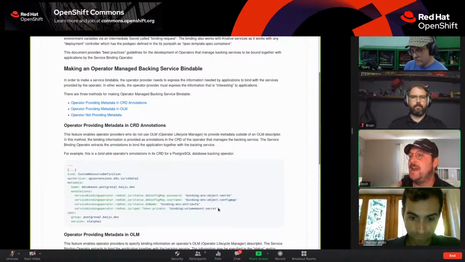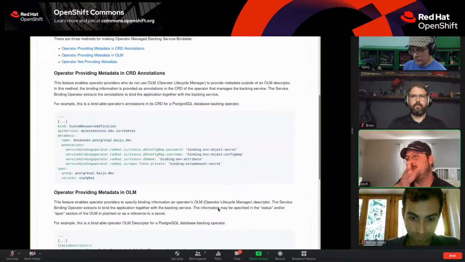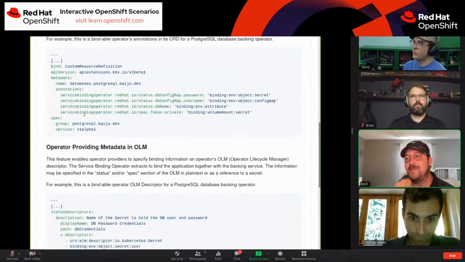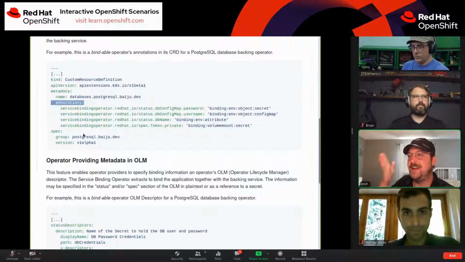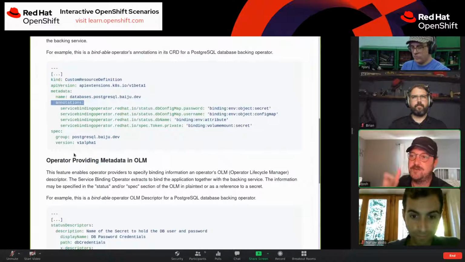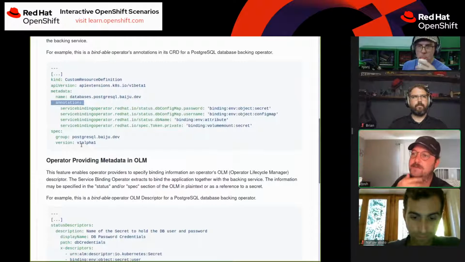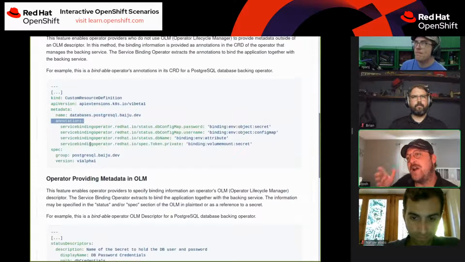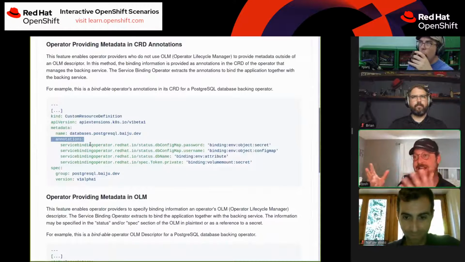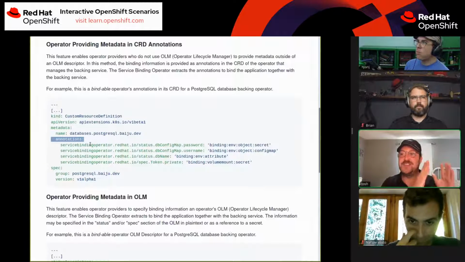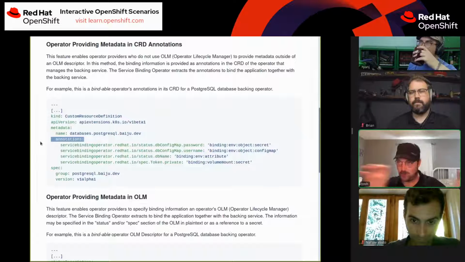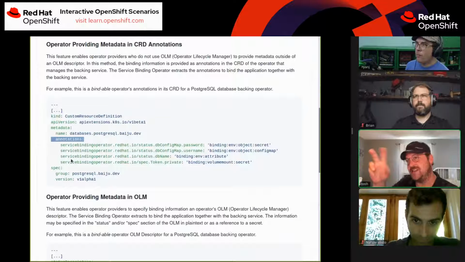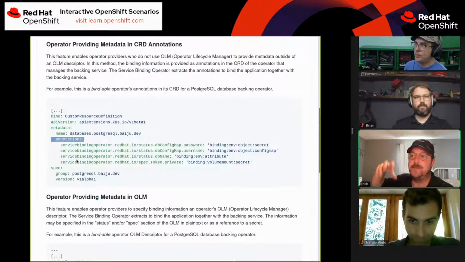Which is, if I'm an application developer and I use one or more foundation services like a DB to back my application, let's take something simple that everybody knows, maybe WordPress. It's always MySQL. There isn't really an official PostgreSQL or NoSQL backend or SQLite. So I might want to ship my app with its own annotations that say, I use this service from the service binding operator whenever you install my application operator. And you can deploy a whole stack, where the user says, I want to use this front end piece that's WordPress or whatever web app.